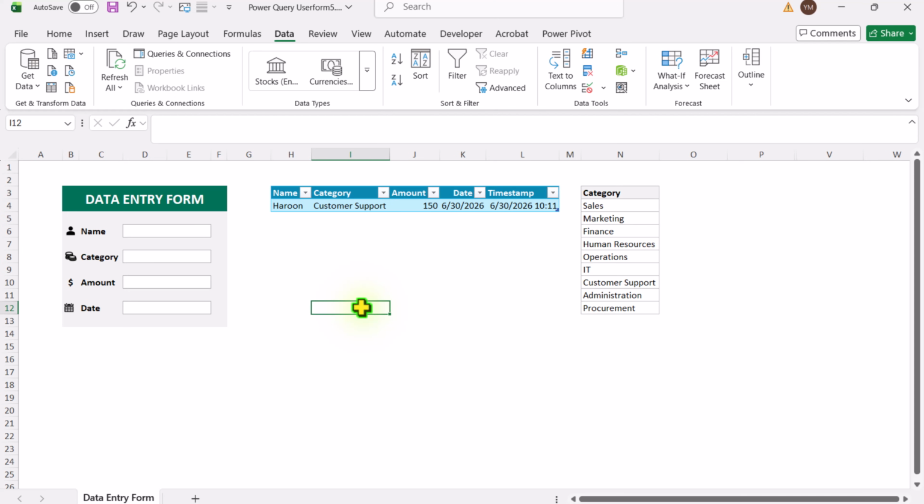In this video, I'm going to share a unique idea with you. How to design a user form or a data entry form without any VBA, without any Office script. Now in this case, I design a user form on a normal Excel sheet. If I simply add a data sheet